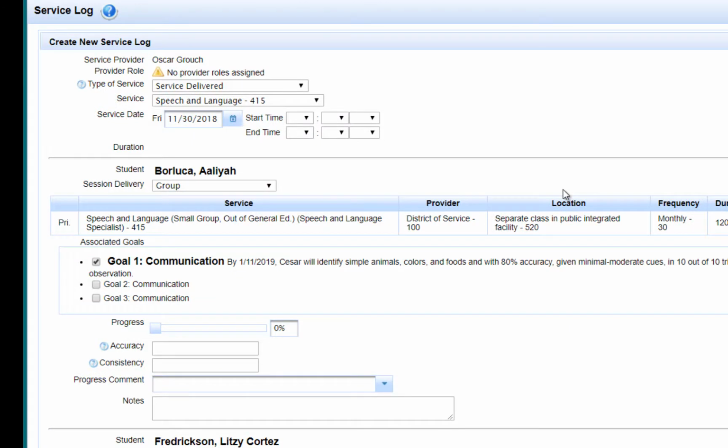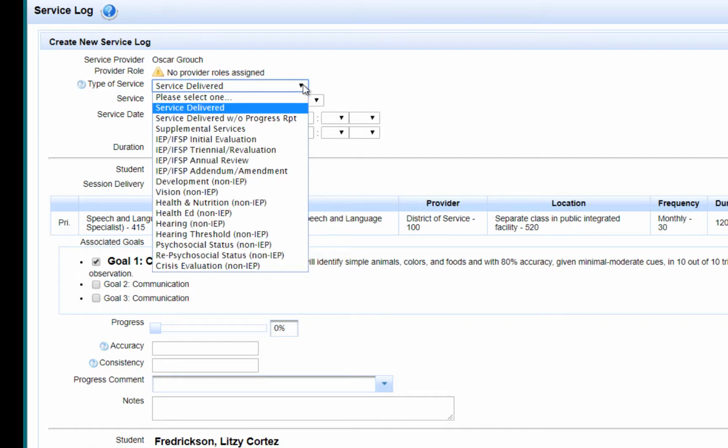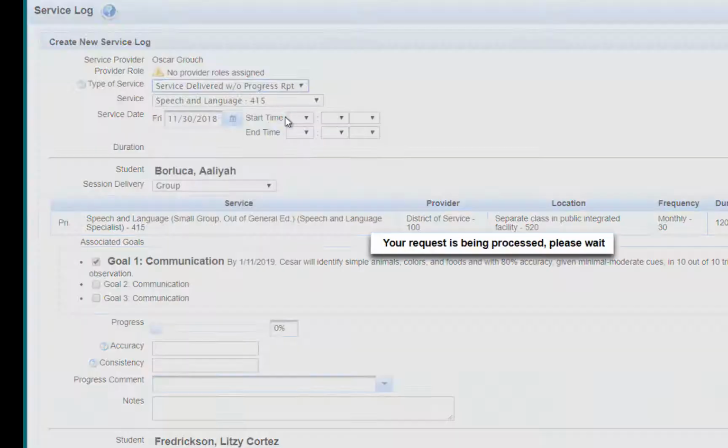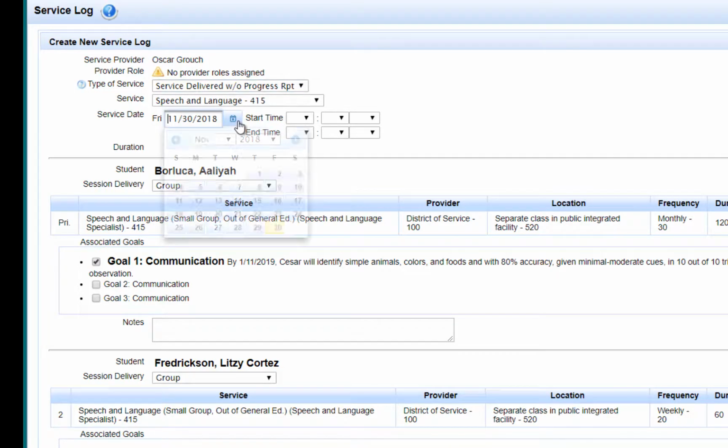However, if you are a resource teacher and you see these kids every day, maybe in this case you don't want to indicate the progress for every student for every day. Maybe you want to do it once a week, or maybe you never want to do it. You just want to log how many times you've seen the kid and provided services without any indication of progress report. What you can do is select here, service delivered without progress report,